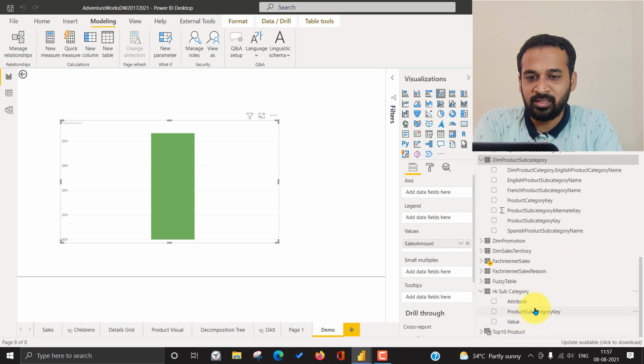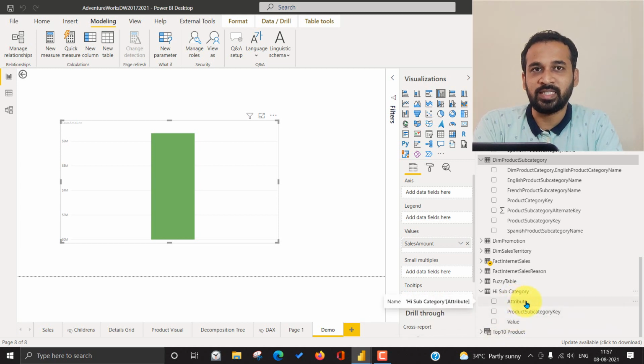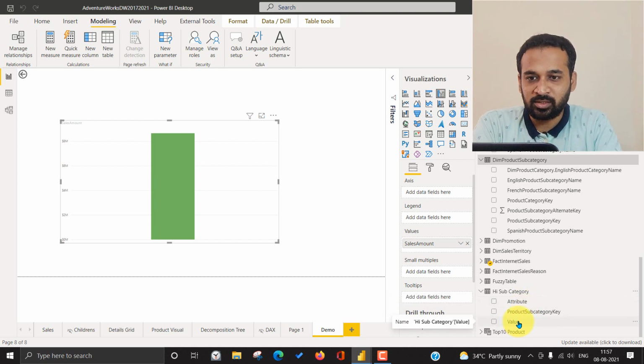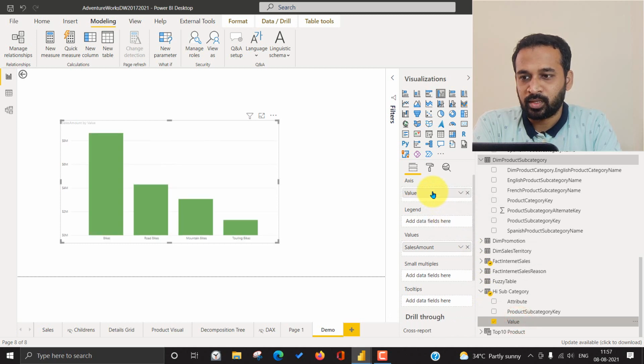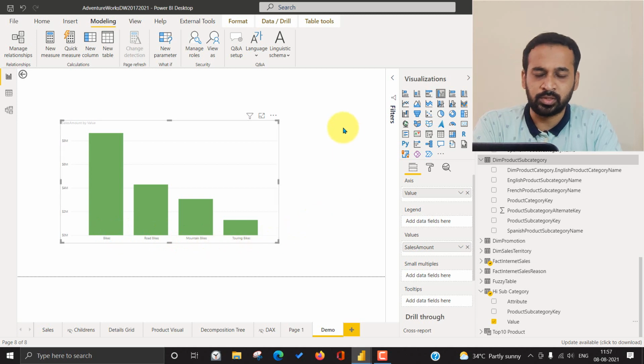This is basically the key which is used for the relationship, and this is attribute and this is value. The attribute is nothing but the category or subcategory, and this is the value of that particular category or subcategory. So I'm just dragging and dropping this into the x-axis. You can see bikes, road bikes, mountain bikes and touring bikes it shows.